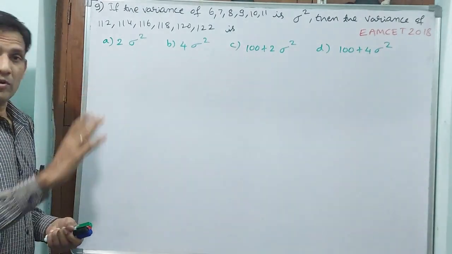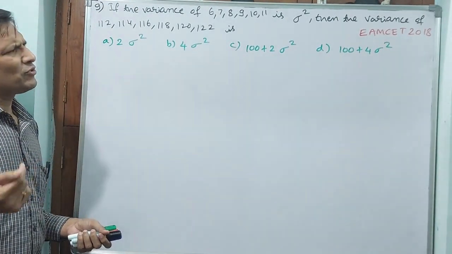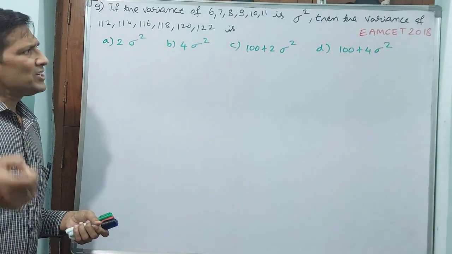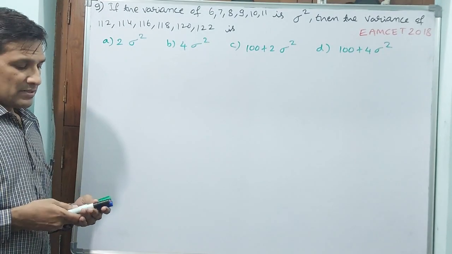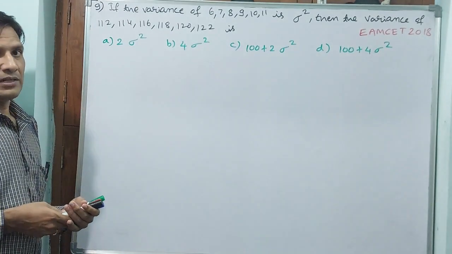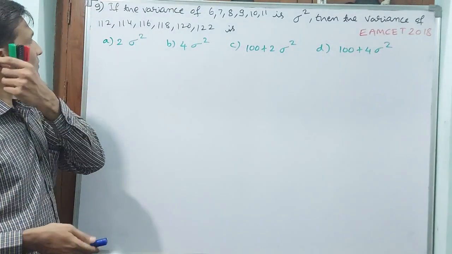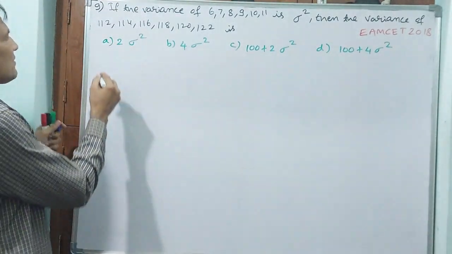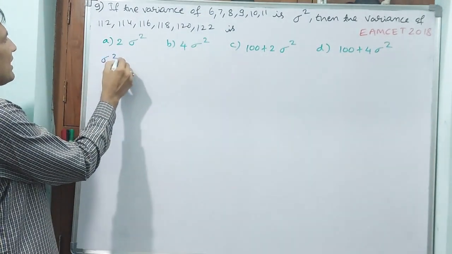That is why we will go for the normal procedure only. Normal procedure is easy, just a little bit more time consuming, that's all. But it will avoid any calculation mistake also. That is why we will go for the normal method. Now you see variance, we know the formula. First I will write the formula, then accordingly we will go. Sigma square is variance